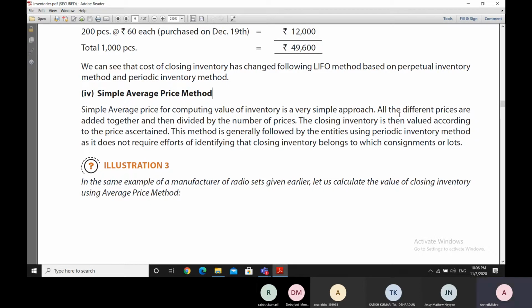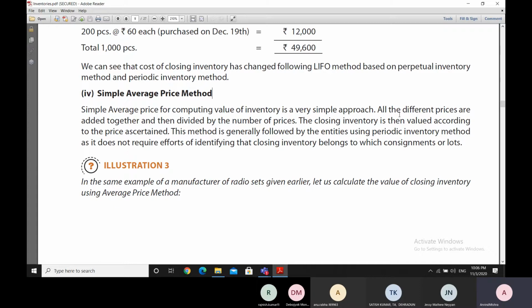So we take all the item prices and we add them up and divide by the number of prices to get the average of the price. And then we use that price to value the quantity of the inventory that we have obtained by counting it. So this method is generally followed by those entities which are using periodic inventory method and not by those who are using perpetual inventory method,